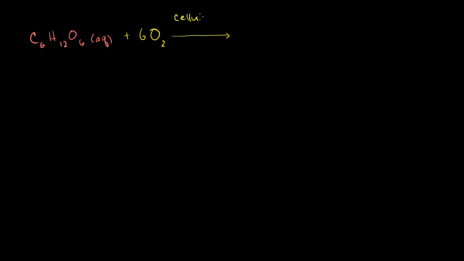It performs cellular respiration. I'll just abbreviate it, and then we end up with 6 moles of carbon dioxide. We have to breathe this oxygen in order to perform cellular respiration, and then we have to breathe this carbon dioxide out because this is a byproduct of cellular respiration. 6 moles of carbon dioxide, 6 moles of water, and then the whole point of cellular respiration is plus some